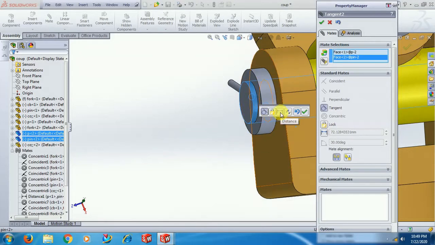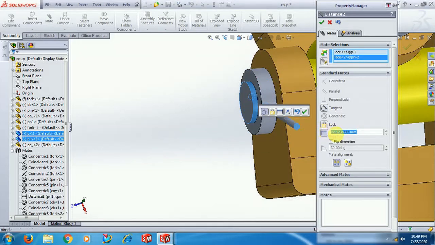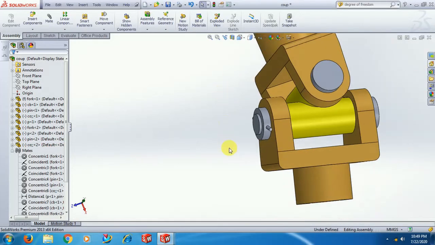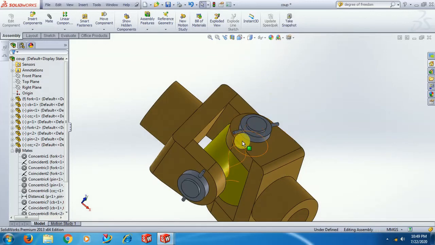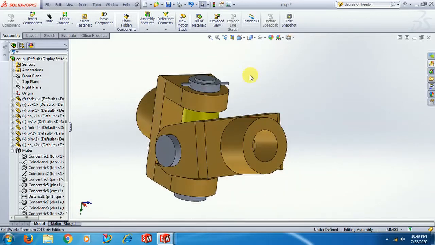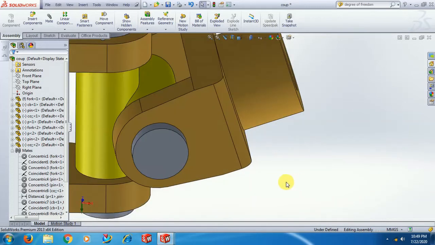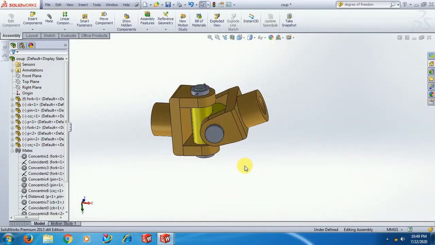You can select this distance option, 25, then go for OK. So like this you have to assemble with the basic commands. So this is the assembly of a universal coupling.